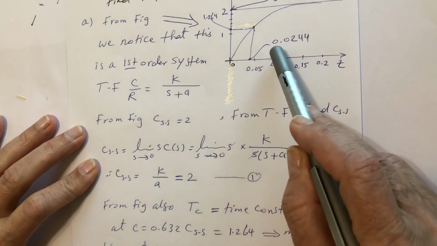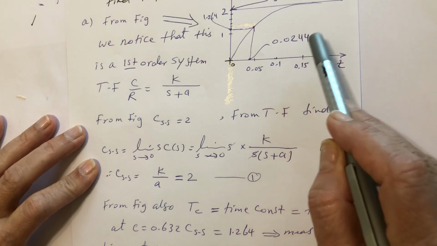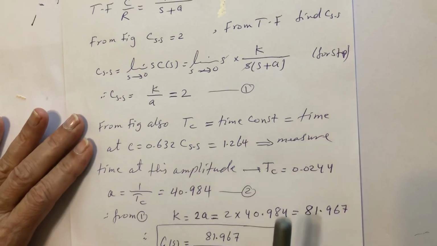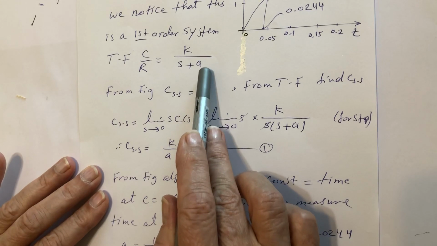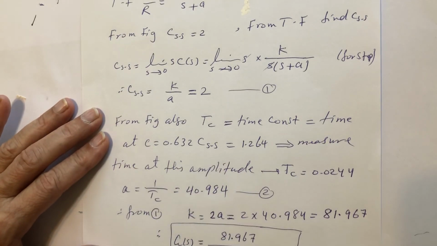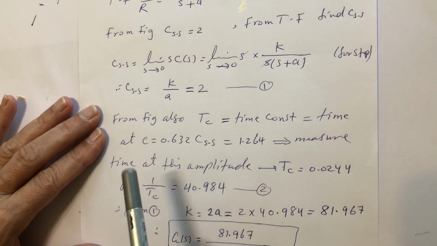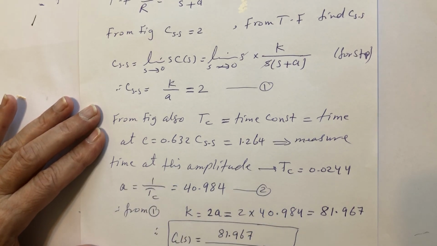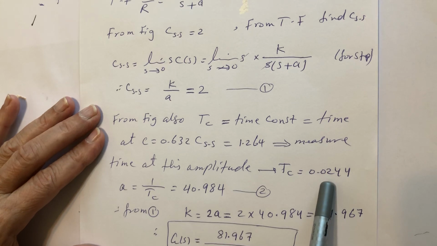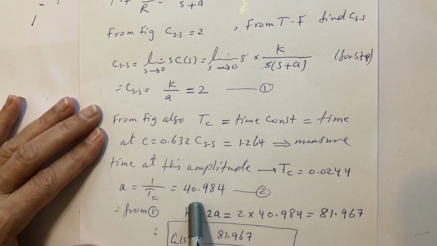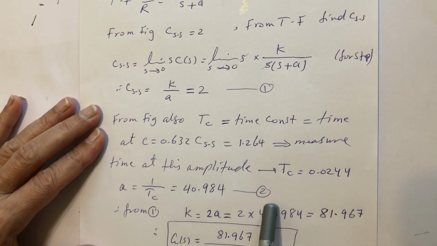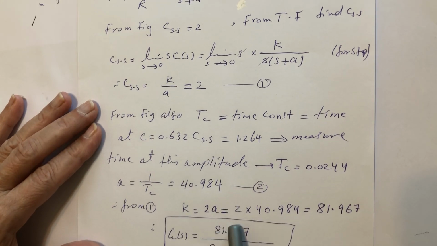So this is 0.0244. This is our time constant. Now a, the pole, is equal to 1 over the time constant. So a equals 1 over Tc, which is 1 over 0.0244, so a equals 40.984. So I found a. Now K equals 2 times a, so I substitute for a here, and I get K equal to